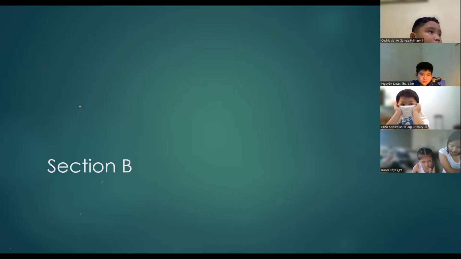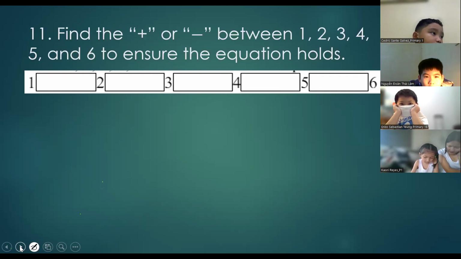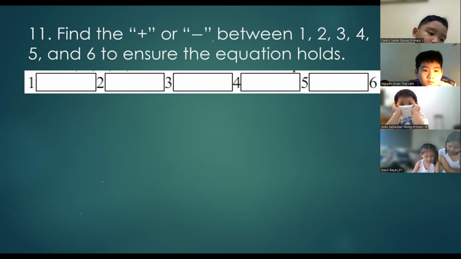So let's go to section B. These are moderate or intermediate questions. This will gain you 5 points each. So this is also an important and also the easy questions. You need to get them correctly so that you can save the points just in case you find the hard questions hard. Here. Okay. Find the plus or minus between 1, 2, 3, 4, 5, and 6 to ensure that